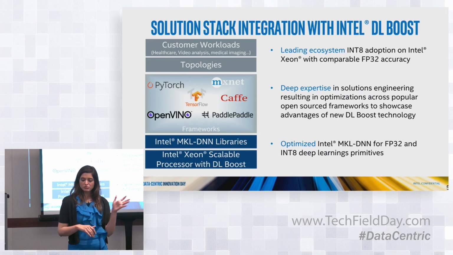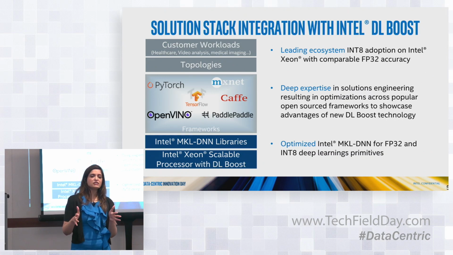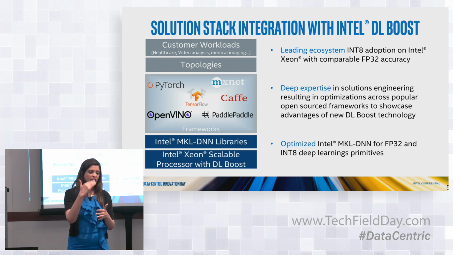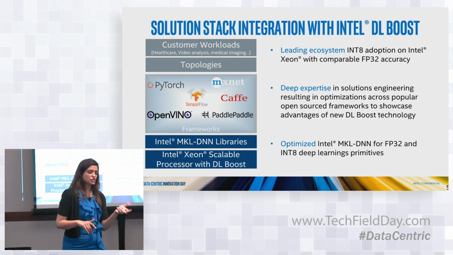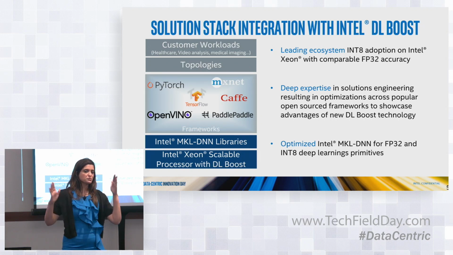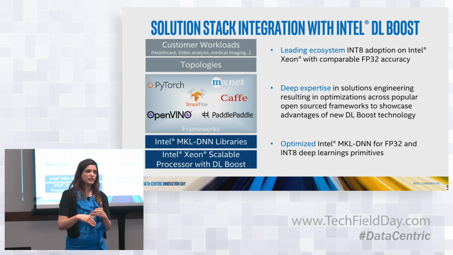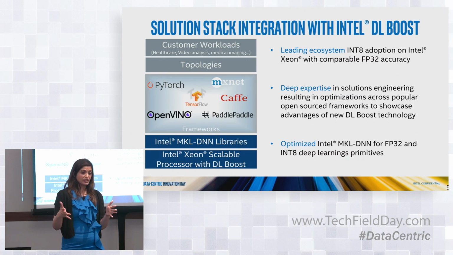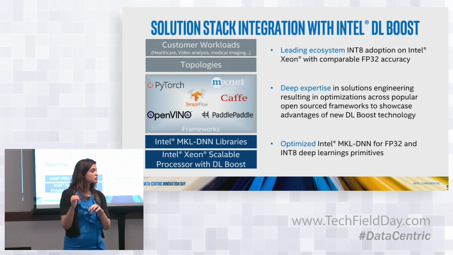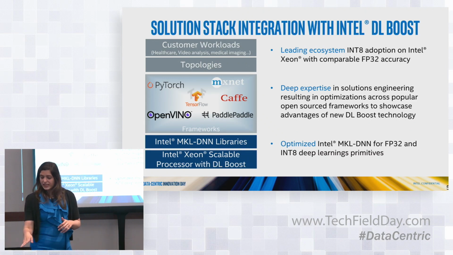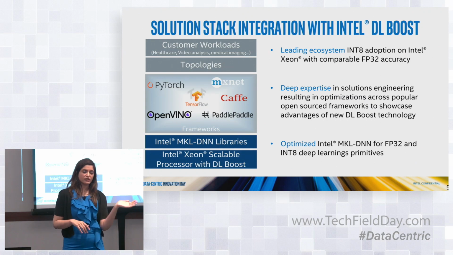And then the second part, which Andres touched upon, is our deep expertise in solutions engineering, which helps us get to that end-to-end stack. And it's not just about tuning just inference or tuning one part of the workload, right? Because a workload is part of a larger stream of an actual use case. And so you actually need experts across the company. We have about 10,000 software engineers across the company that help us tune different workloads depending on what the use case is. And then we, of course, drive these optimizations into several open source frameworks, as you know, TensorFlow from Google, PyTorch by Facebook, MXNet from Amazon, our own OpenVINO toolkit, Paddle from Baidu, etc.